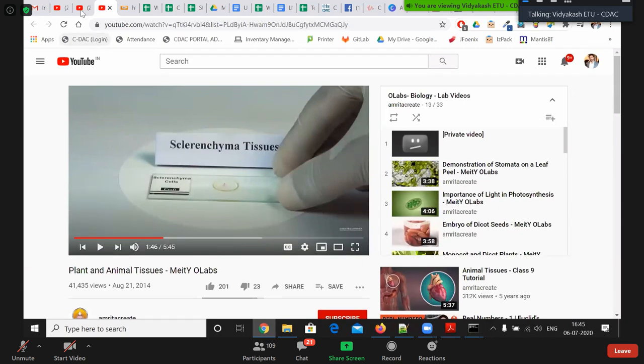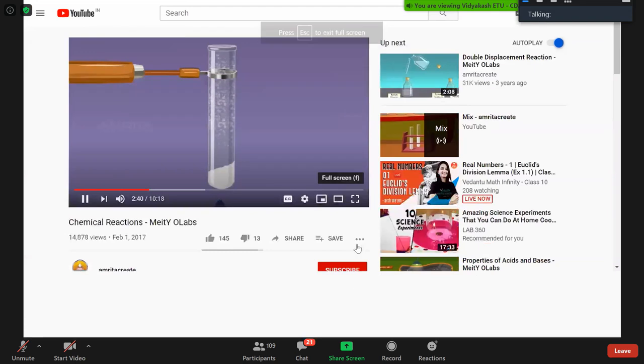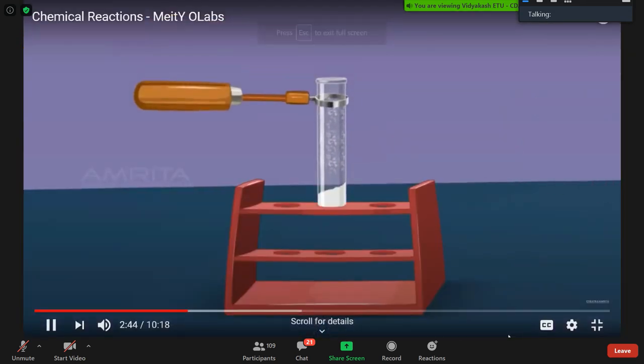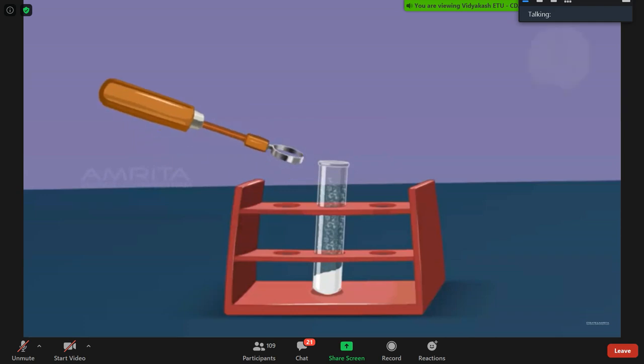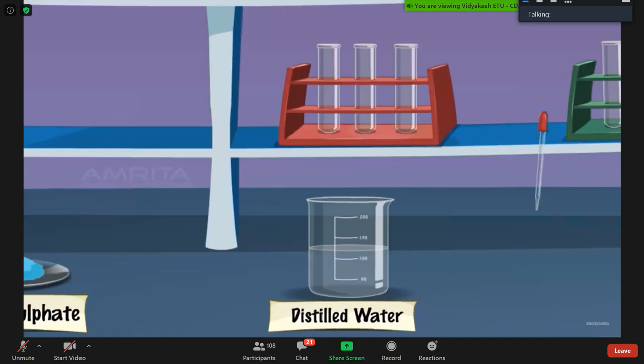So like this, it was for biology. I will give you a demonstration of chemistry also. Colored anhydrous copper sulfate, CuSO4. Remove the boiling tube from the flame and cool it for some time. Using a dropper, take a small quantity of distilled water.